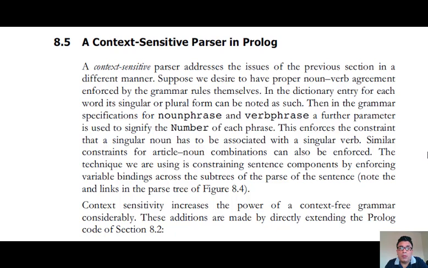Hi, in this video we will continue with our study of natural language processing. In our previous lectures we have been mainly using context-free grammars to derive sentences or to study the structure of sentences, but we have also seen some examples in which we get sentences that may not have common meaning in the language. Like, for example, we can get sentences like the man